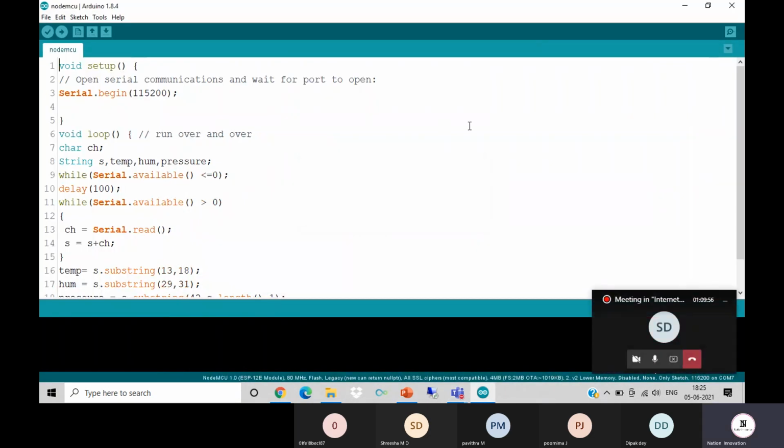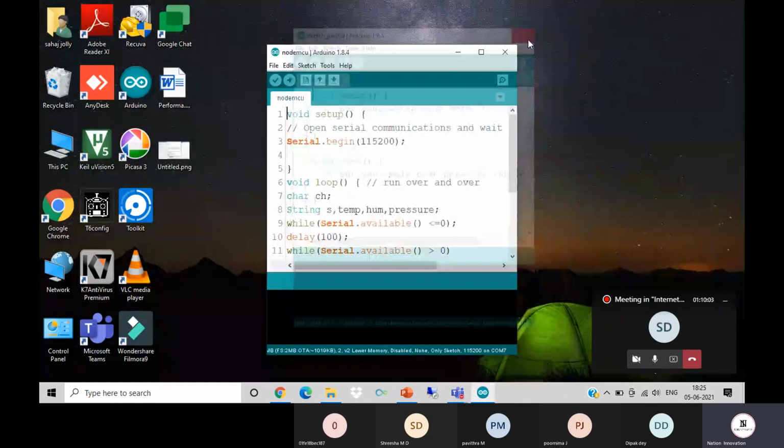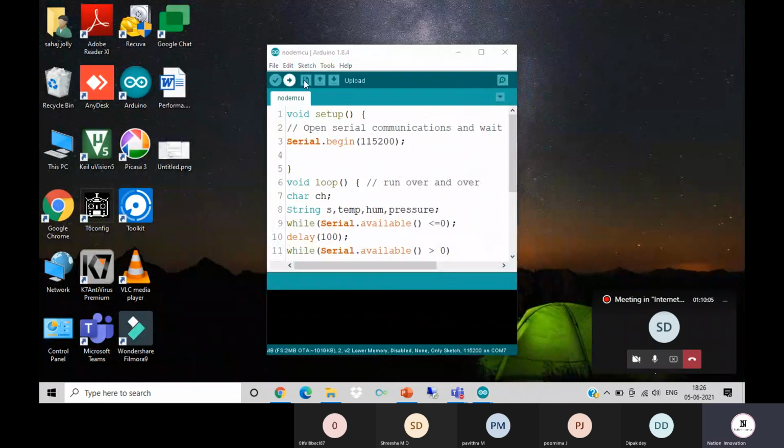Don't worry about this difficult code which you are going to see there. We are going to make all these things very easily.